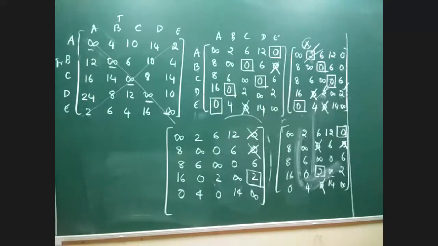So what do you suggest now? Do you suggest that the problem has no solution, or is there still a possibility of doing it? What can we do now? What are we supposed to do? Sir, can we take the next higher number now? Exactly. That means with all three 2s I'm not getting the solution, which means I should go for the next higher value. Excellent. I think I've taken the most difficult question in the very first instance. I don't know, somehow I randomly picked up this question. So in this question, with all three of the next highest value, that is the 3 twos, I'm not getting any answer at all.